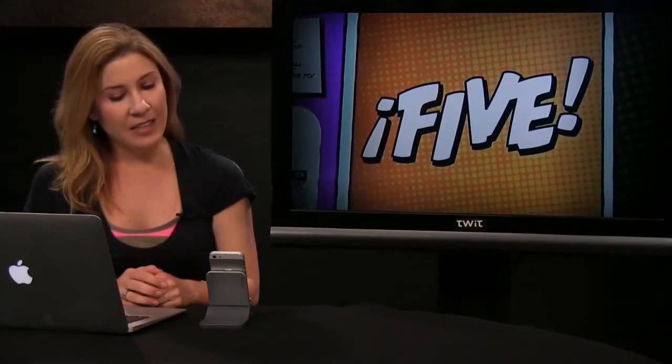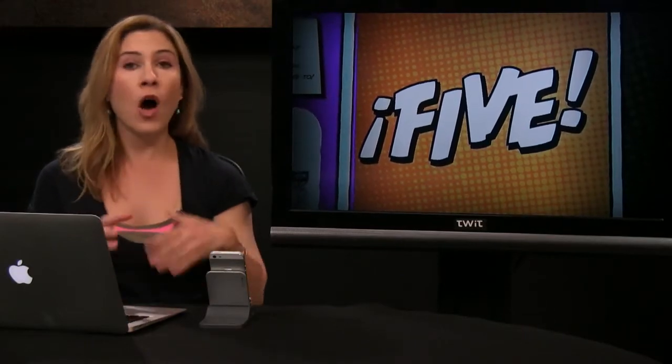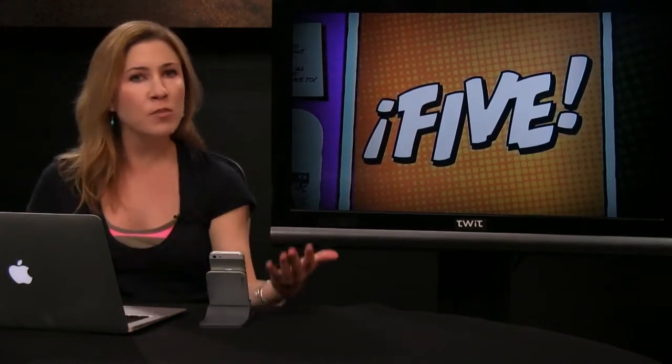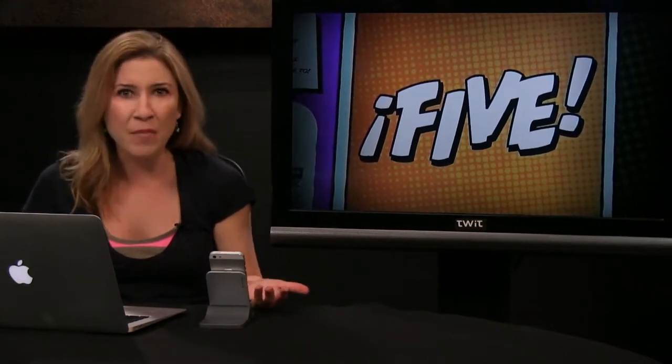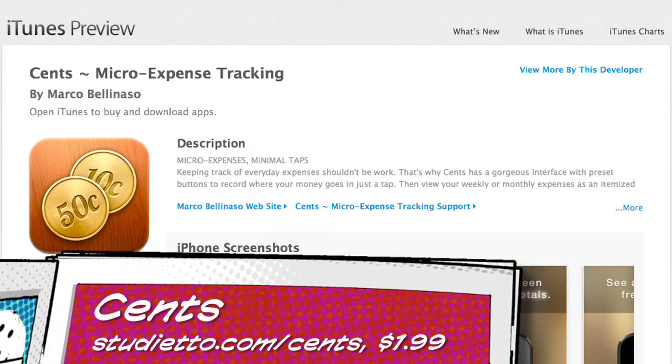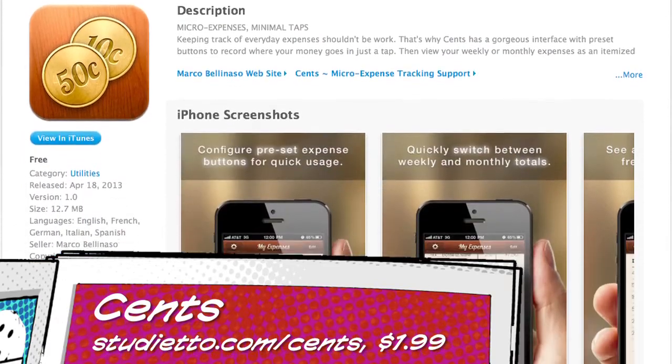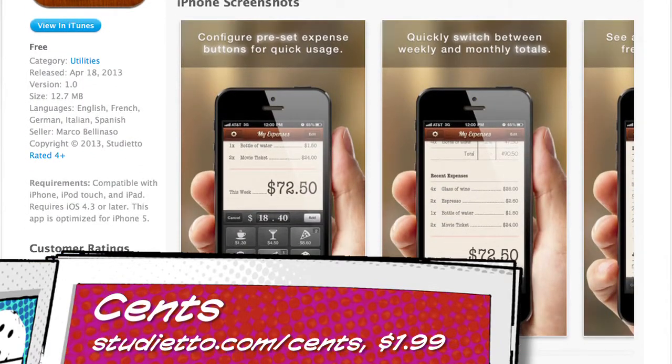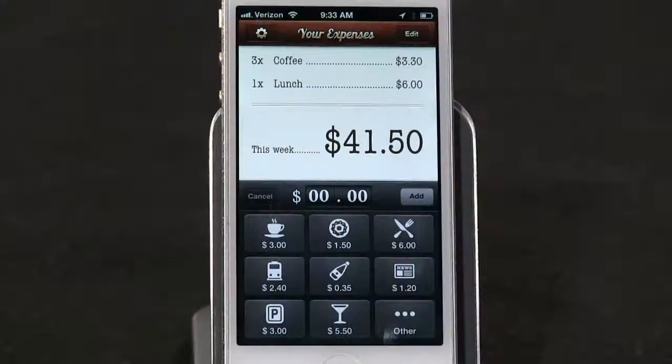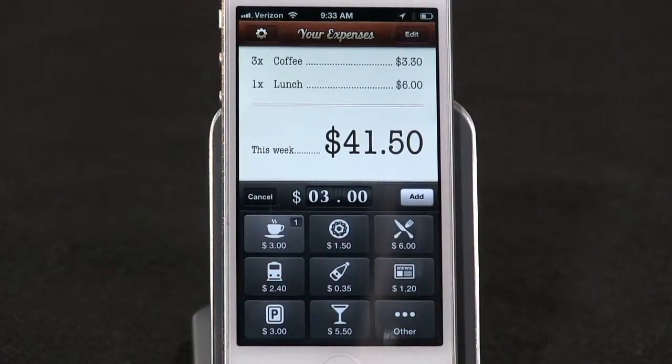Finally, number 5. I don't know about you, but I spend a lot of money on coffee. I mean, not all at once, but throughout an average month, I probably spend around $100 if you include tips, which sounds like a lot. Am I really spending that much? With an app called Cents, as in C-E-N-T-S, I can track little expenses easily on the go and get a much better idea of how all the little things are eating into my savings account